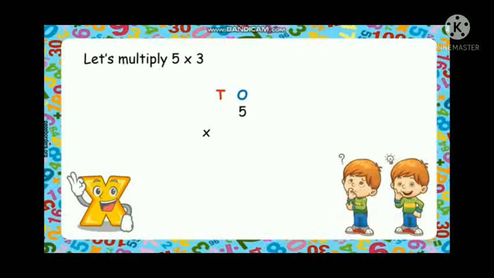It means TO, standing. So they have a ones place. That is why in the ones column we will write 5. That is the multiply symbol on the left side, and then 3. Now what we have to do, what is the next step, students? Now here 5 is the multiplicand, right? In the starting I had told you, and 3 is the multiplier.